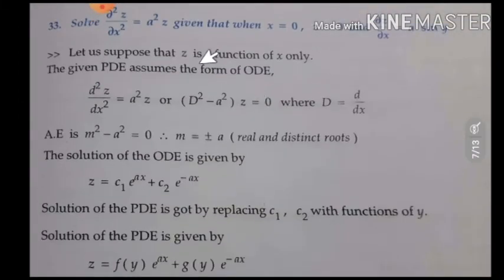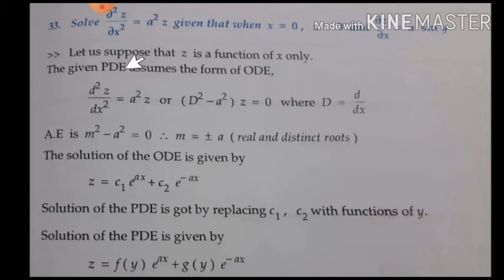Let us discuss some more simple problems. These problems were all asked in the VTU question papers. See how to decide it is homogeneous. In the numerator you have only the dependent variable. There is no independent variable x and y, and z is a function of only one independent variable. Hence we decide it is homogeneous.